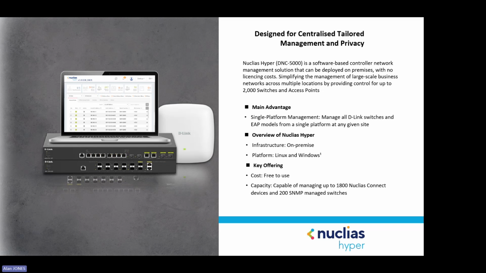Nuclias Hyper extends the number of connected devices up to 2,000 switches and access points, hence why it's aimed at a slightly larger audience than the Nuclias Connect devices going forwards. The main advantage that Nuclias Hyper will have over Nuclias Connect is that it's compatible with all D-Link switches and access points designed for Nuclias Connect, or with the